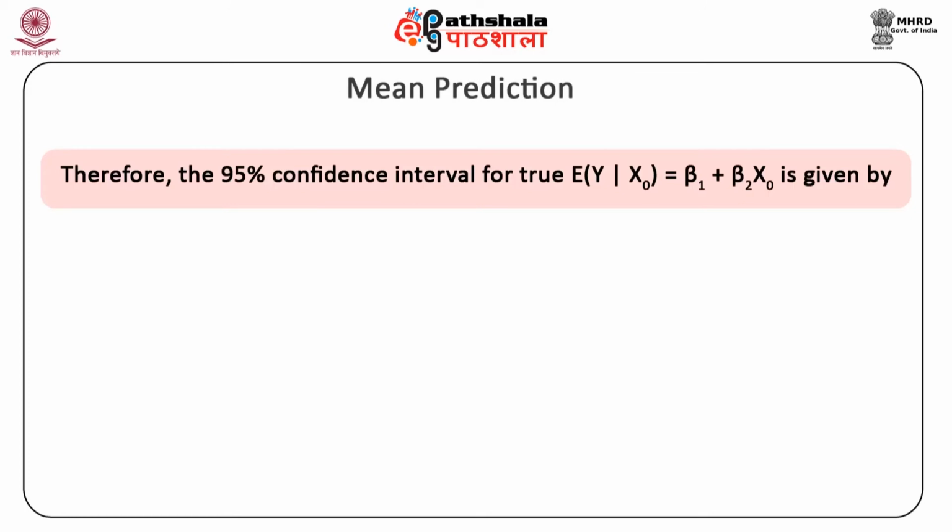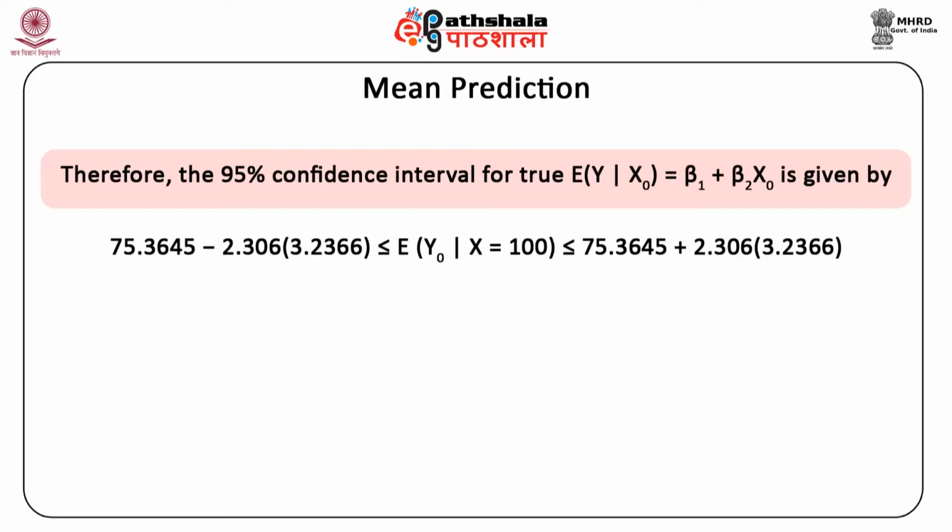Therefore, the 95% confidence interval for the true expected value of y given x equal to x0 is beta 1 plus beta 2 x0, and is given by the values which we may substitute: 75.3645 minus 2.306 into 3.2366 is less than or equal to expected value of y0 given x equal to 100, which is less than or equal to 75.3645 plus 2.306 into 3.2366. So that gives us the interval of 67.9010